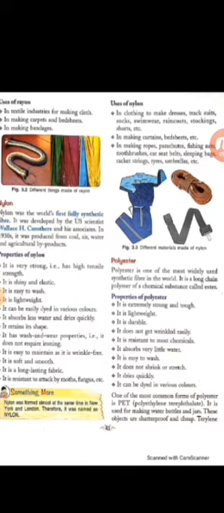Uses of nylon. As we know, nylon has high strength. Due to this property, it is used for making fishing nets, parachutes, bags, ropes, etc. It is also used for making fabrics. It is used in the manufacturing of various machine parts, and it is often blended with wool to increase the strength.